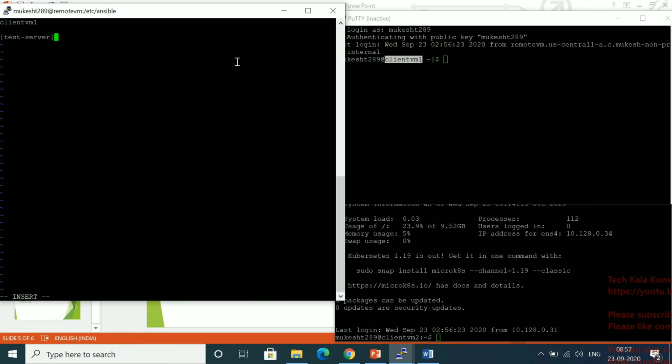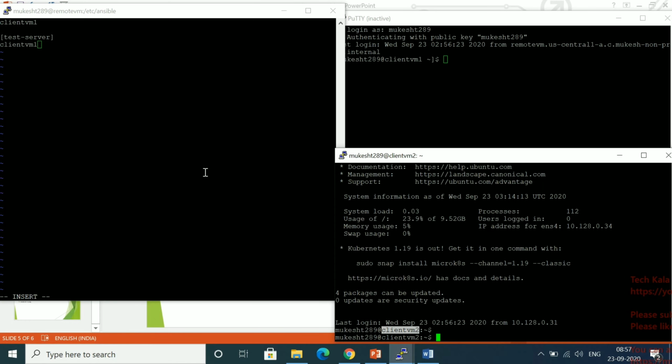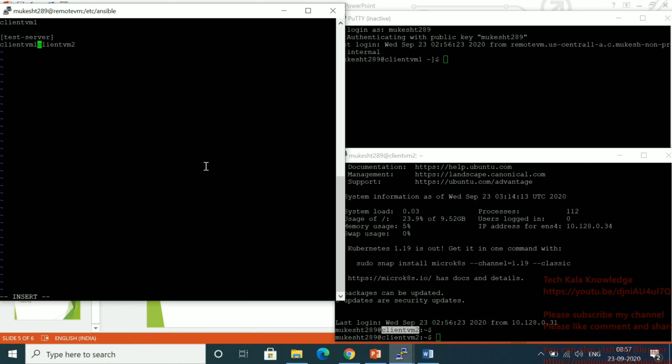So I'm going to create here the test server group, and here I'm going to put both names. When you define it like this, it means this is a group. So you create a group, and inside the group you mention client VM1 and client VM2.